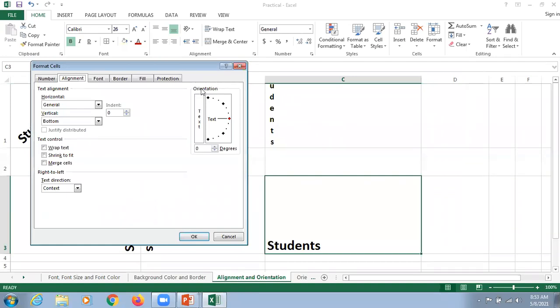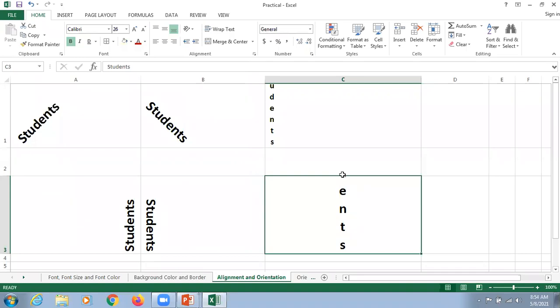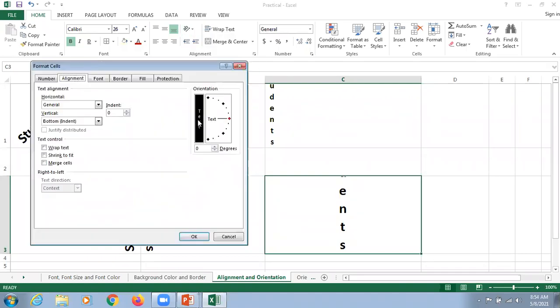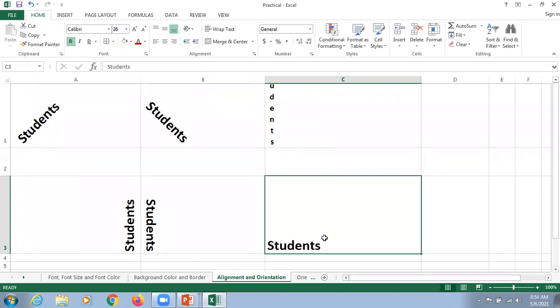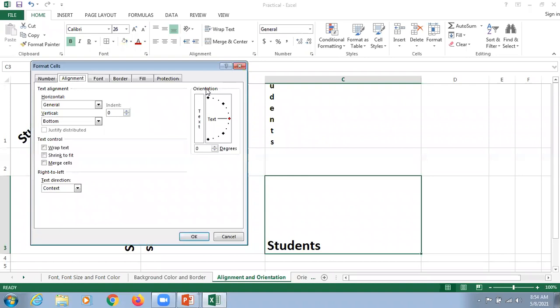This is the information, that is, the orientation here. With the help of that, when we click on this text and click OK, it appears that way. We can simply click again, select this again and OK, and the normal text appears. Again, we just select it, and from this arrow we can drag it as per our convenience.